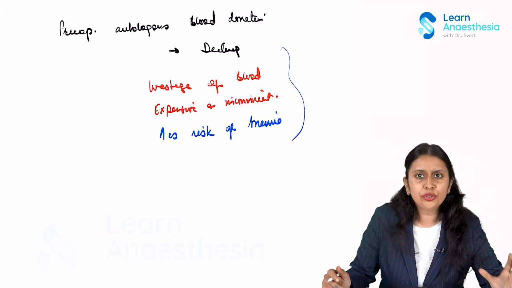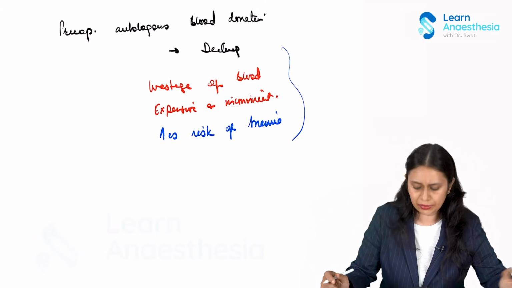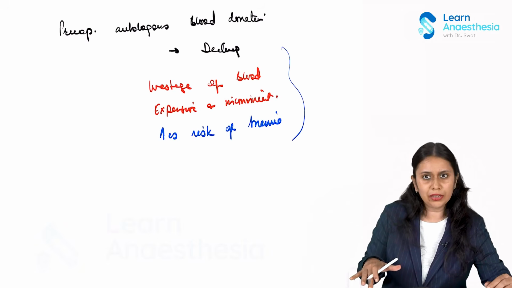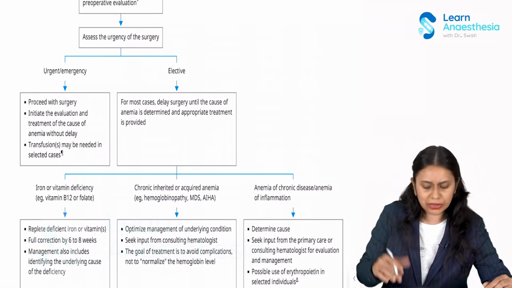And erythropoietin should never be given alone. It should be given along with supplemental iron. Okay, so this is for the iron deficiency anemia. Now if the patient, so how do we manage? So seeing the flow chart,